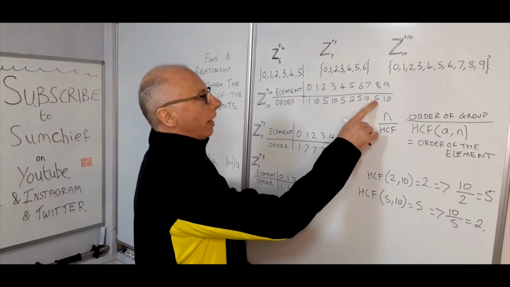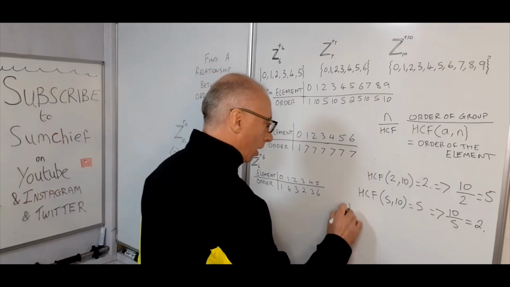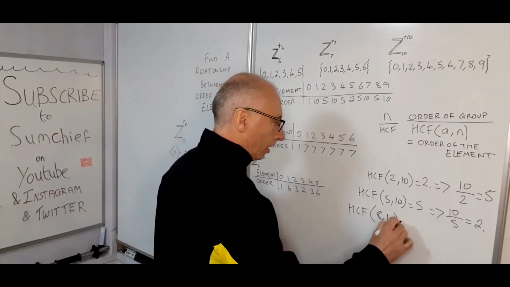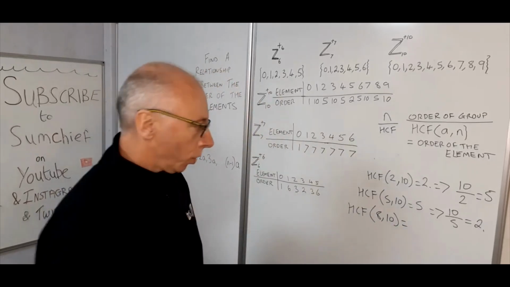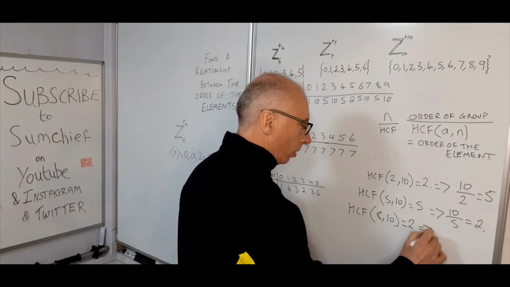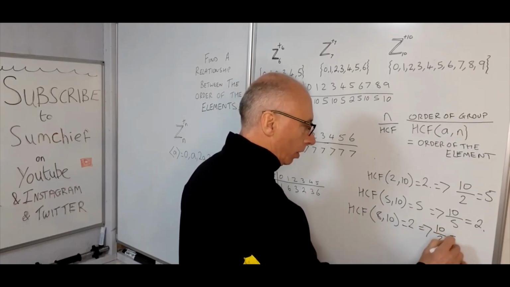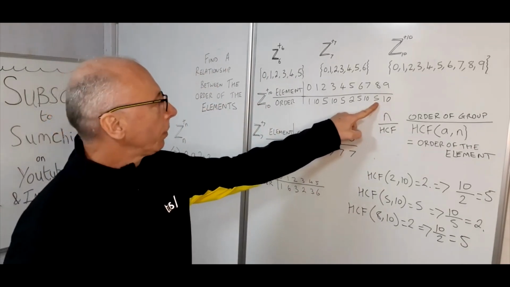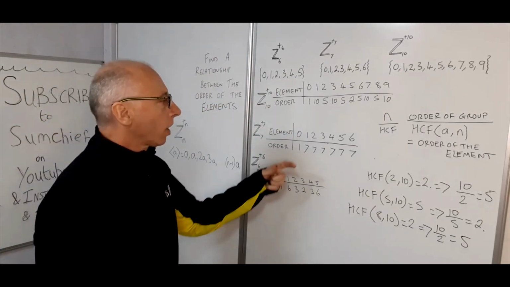8. So highest common factor between 8 and 10. Their highest common factor is 2. 2 goes into both of those. So then that leads us to 10 over 2, which equals 5. And 8 is of order 5. Okay, so the only